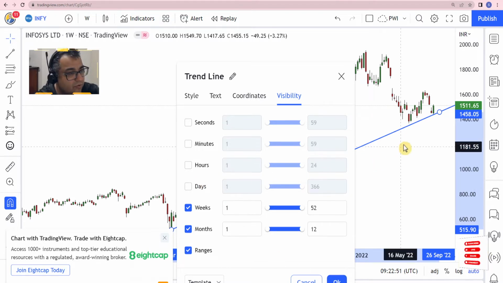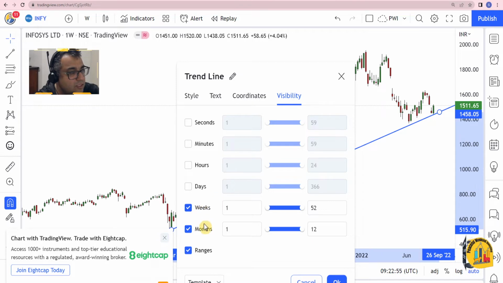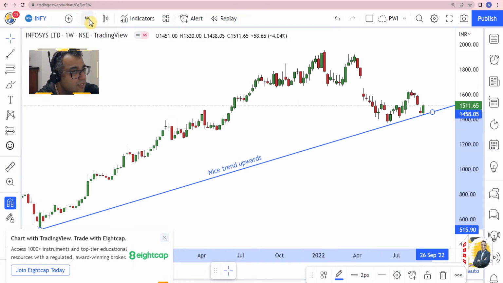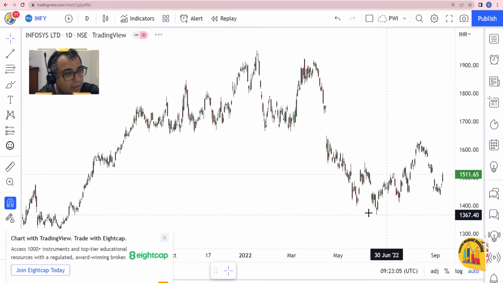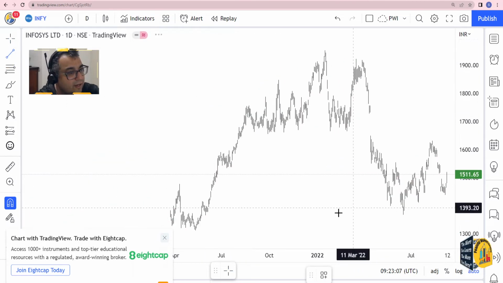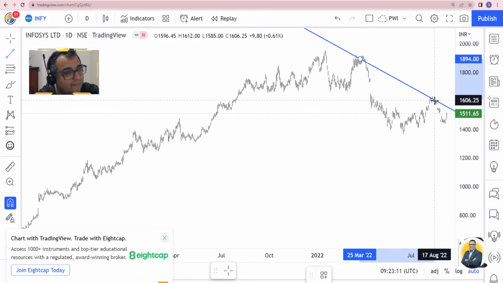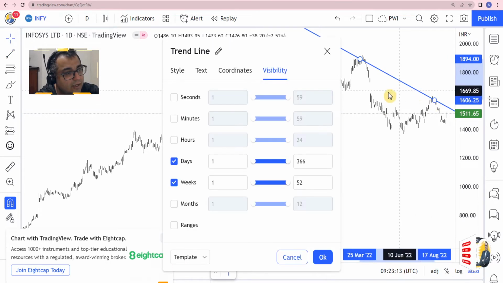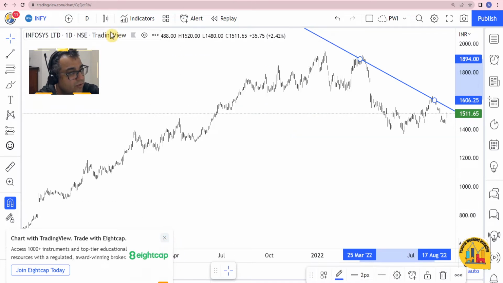So let's say for example, this trend line I'm doing for the weekly chart, I would just make it available only on weekly and uncheck everything. And you can see here, as soon as I change to daily, this trend line is not available. Now I can create another trend line which is only available for the daily chart. So when I double click here and say only make it available on daily chart, when I go on weekly,